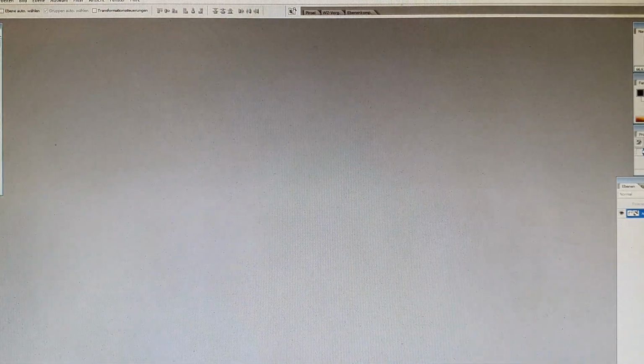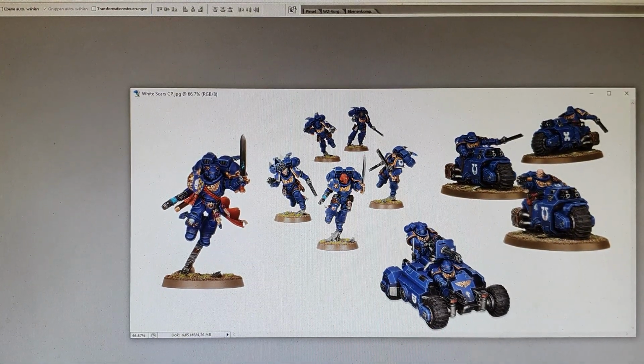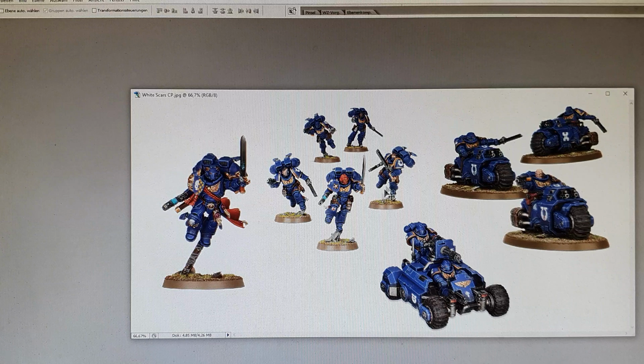So, next up on the list are the White Scars. The White Scars are famous for fast units, and, well, this is what I have come up with. First of all, your character model is your good old Smash Captain with Jump Pack. He goes really nicely with 1 squad of Assault Intercessors with Jump Packs. And then to round it up, we have here 3 Outrider Bikes, and to round this squad up, we have